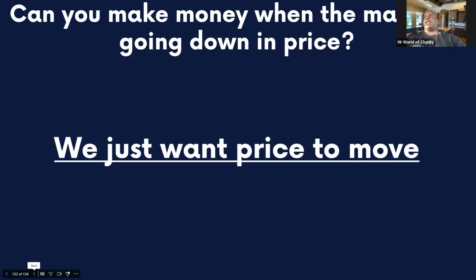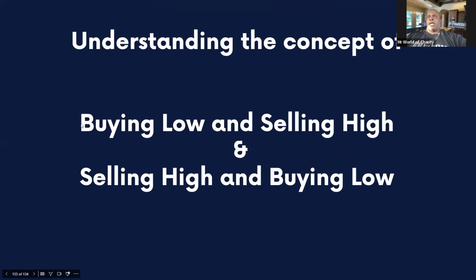Yeah, and that's the part we got to get. In order to get into trading the market down, we have to sell first, like Johnny said. Once we understand that, it makes more sense to us. I think we can grasp the concept of buying low, it goes up and then we sell it. But all you have to do is understand that it's just the complete opposite. When you trade it down, you sell it high, you want the market to go down. And that's how you make money trading the market down.